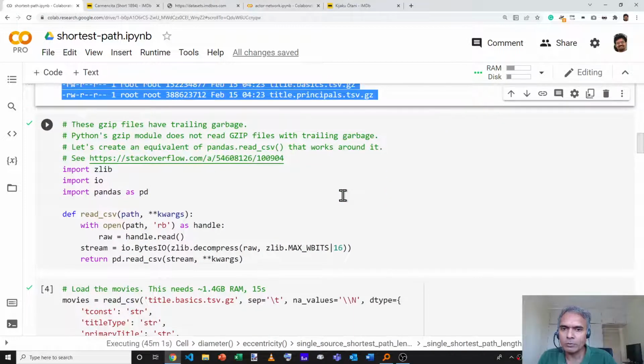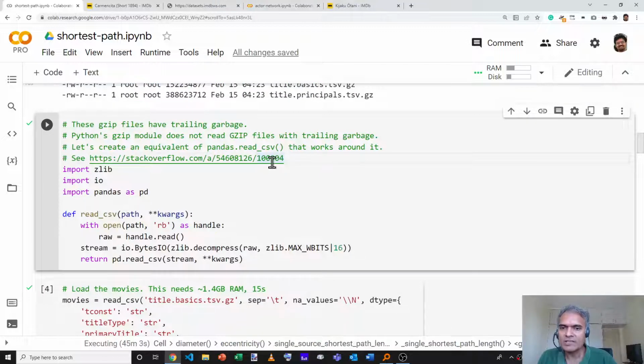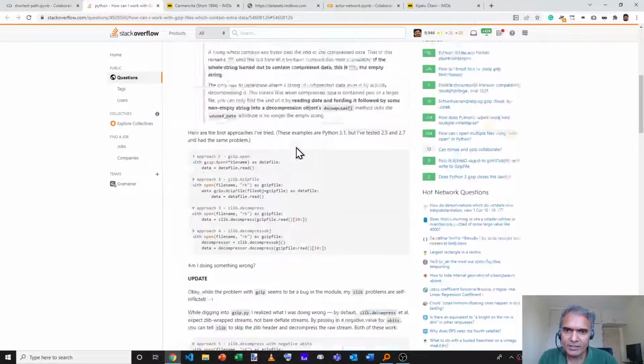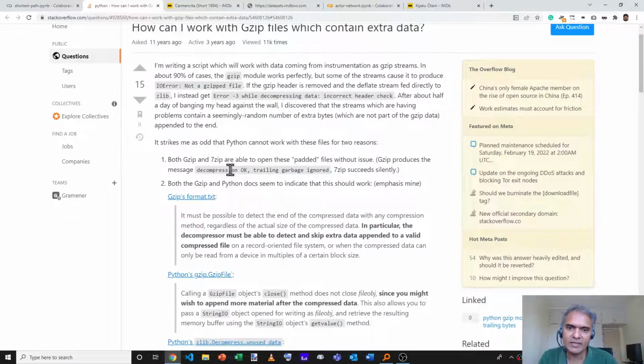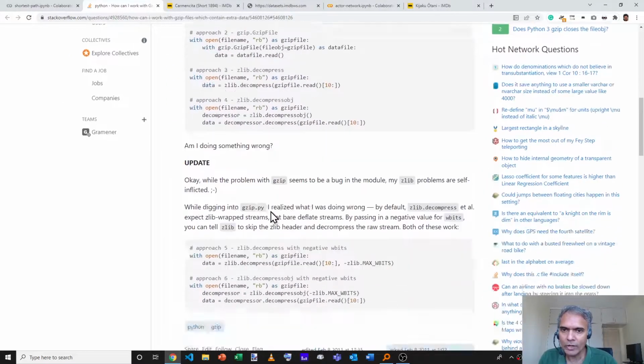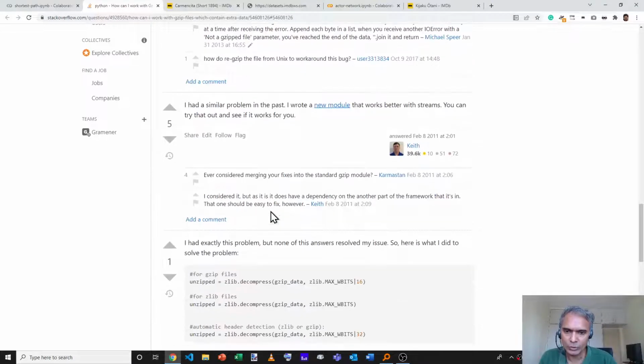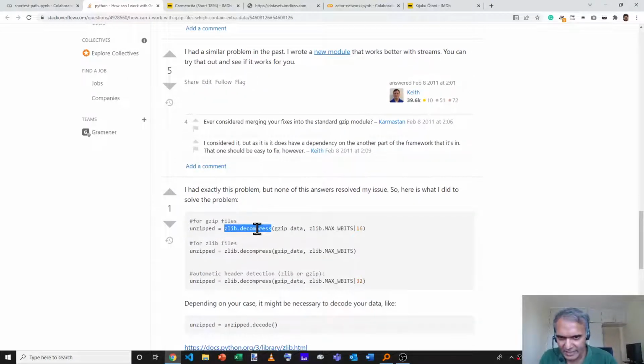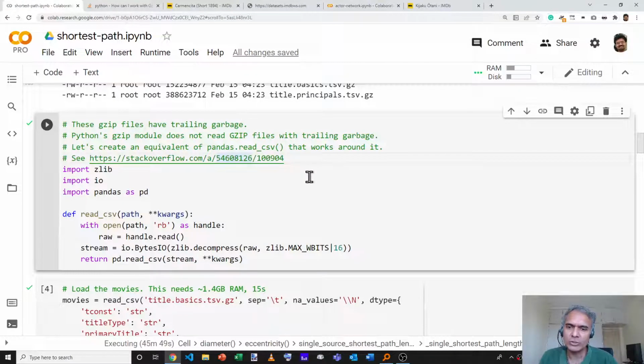Once we've downloaded the data, the next step is to load these. But there is a bit of a problem. At least if we use Python to do this, there is a bug, and this bug is specifically in Python's gzip module. It turns out that a gzip file can have some trailing content, and this is ignored by gzip. But Python's gzip module does not accept that, and it actually reports an error saying it's a bad gzip file. So a way to avoid this is to use the zlib module. zlib.decompress can decompress gzip files as well, but without the same problem. So what we're going to do is use zlib instead and bypass the gzip module.